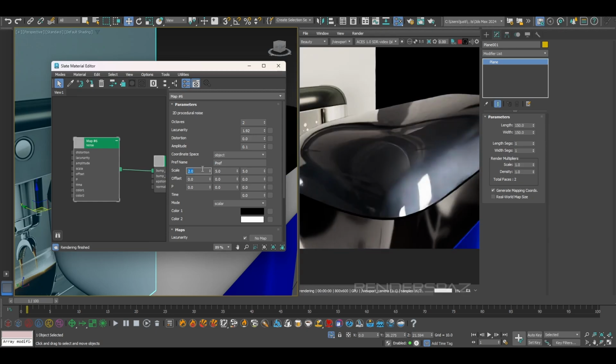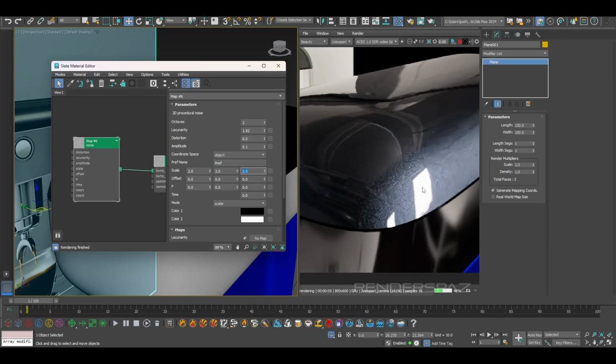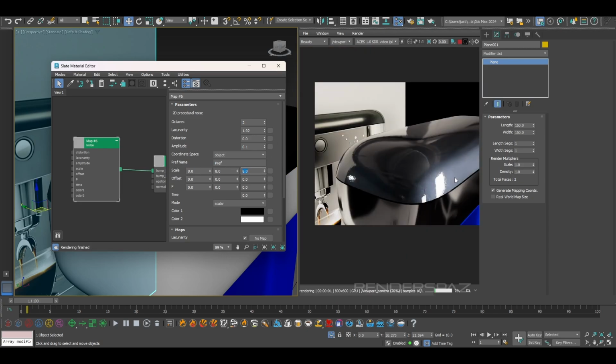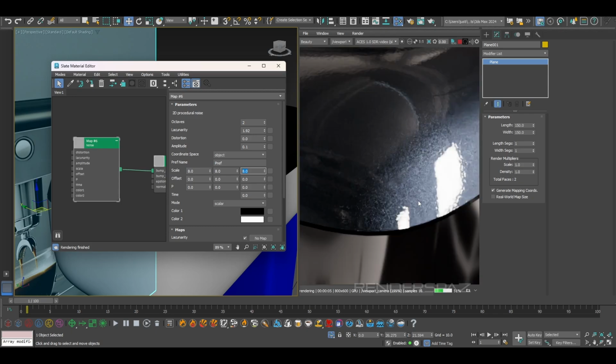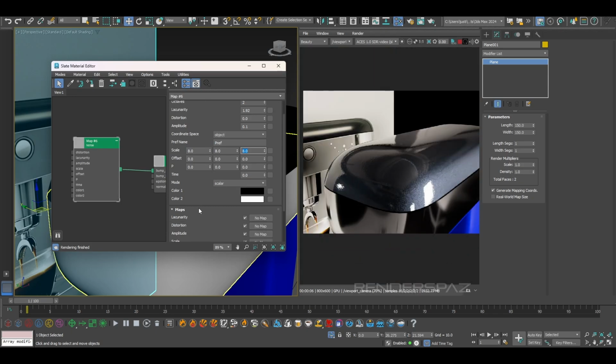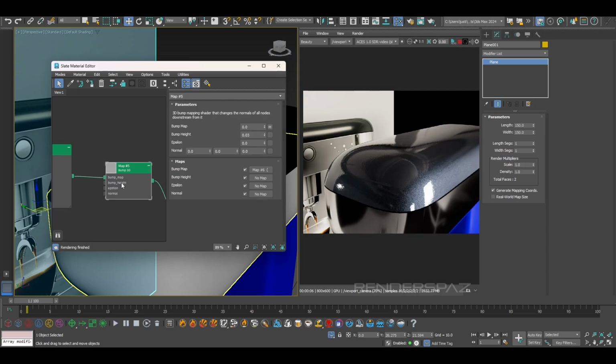Maybe I'll even try to go to 2 and see what we get. It's looking pretty good. 0.8 will give us 1 here. So what I'm doing is just focusing on that little reflection there, and you can see we get quite a bit of breakup. So that's maybe a little bit too much, but